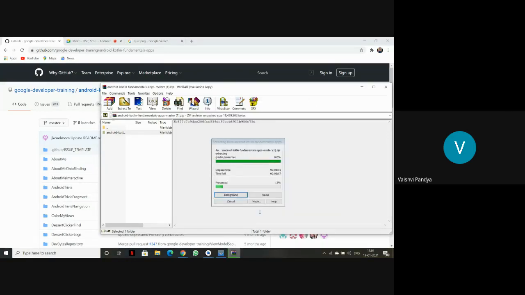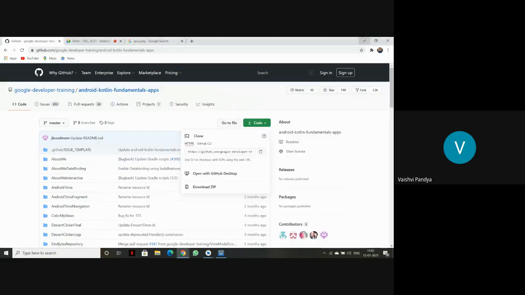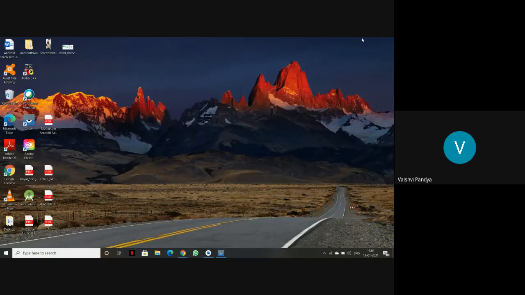Now the files from the GitHub have been extracted into the new folder. So now we'll close this and see where it is. As we have extracted it on the desktop, we'll see how it looks. As you can see, the Android Trivia app has been extracted here.